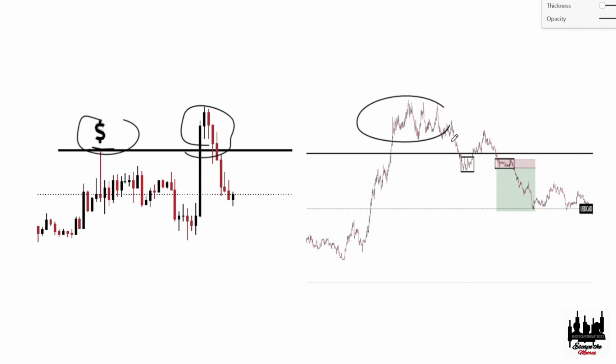As the stop hunt occurred, price broke down and formed an accumulation right here. As price formed this accumulation, anything lower than this, you can get in the sell once this accumulation breaks. But instead, price went up and then came down, then formed another accumulation. And once this accumulation broke, you can get in the sell once price breaks and put your stop loss right